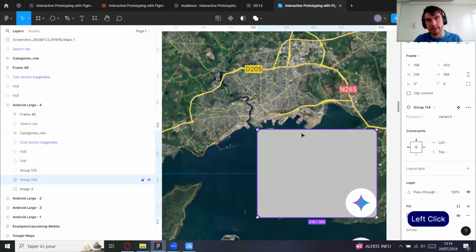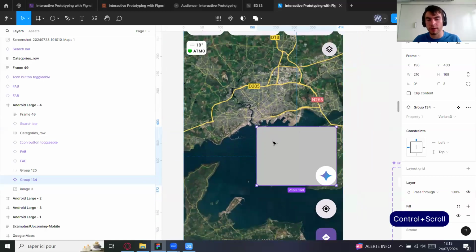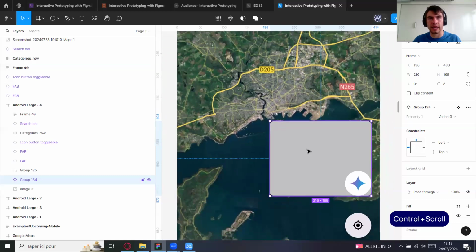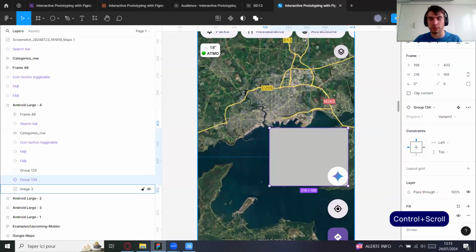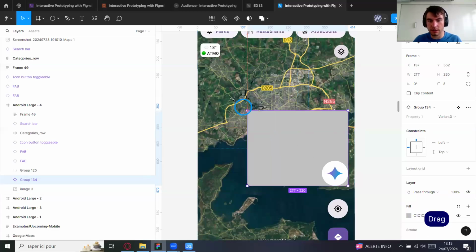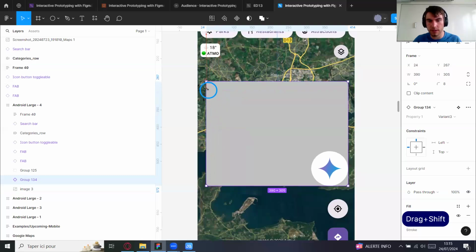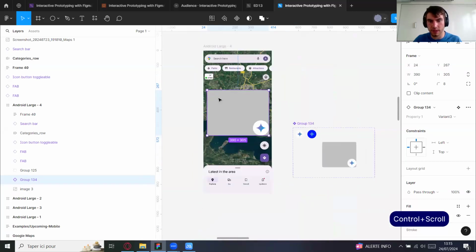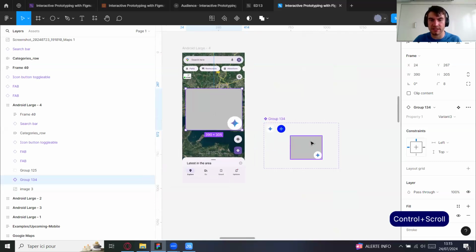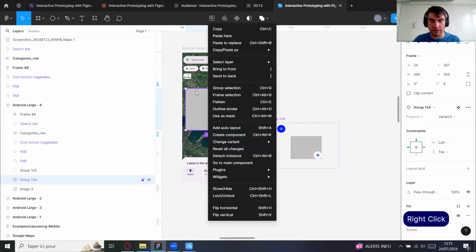And previously, I said that the main edits of the components will impact all the instances, but we can also do it the other way around. If we have the instance component here and we need to check which size it will have in the final app, you can also do this just by changing the size directly over there. You see, if you change the instance, it doesn't change the master component. So if I right click there,